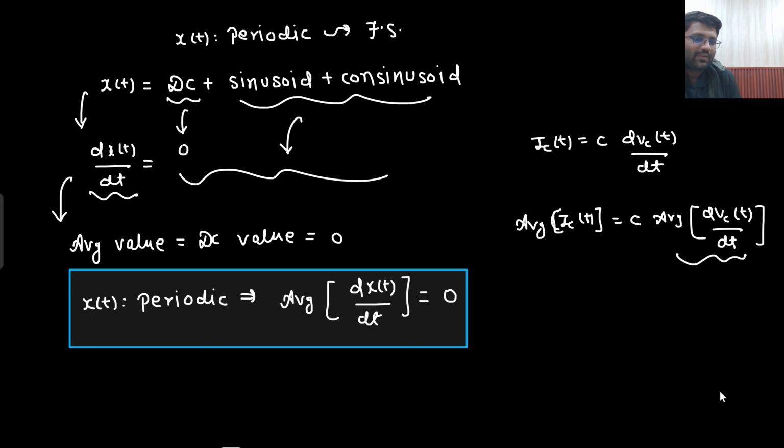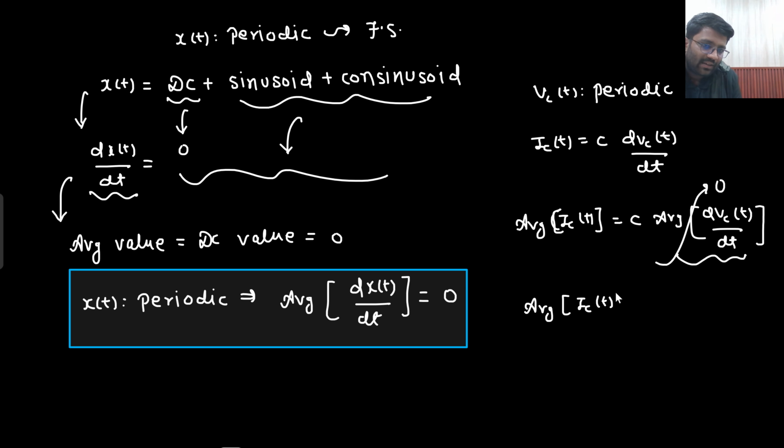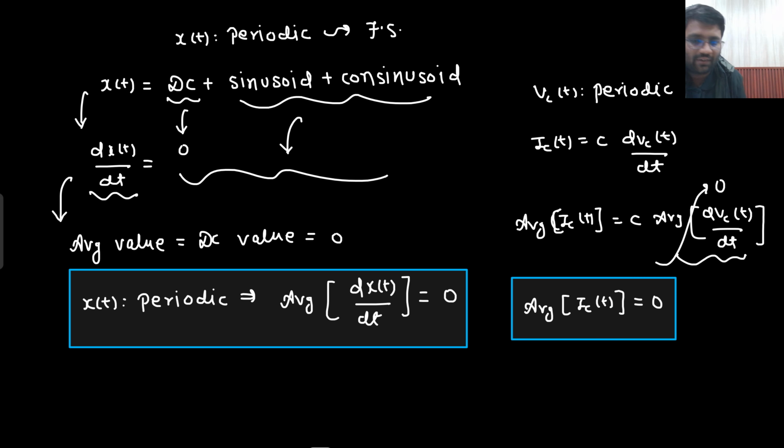Now what will be the average of this particular thing? Sir, I know that VCT is periodic. You take any periodic waveform in your life, whatever periodic waveform you have seen, and you differentiate it. What will you get? Always you will get the average value to be 0. So what does that mean? That the average value of capacitor current is equal to 0. Now I will say two statements and you need to tell whether the statement is true